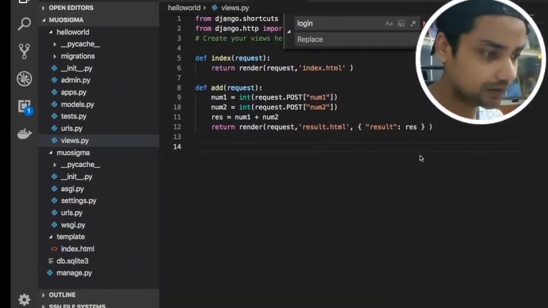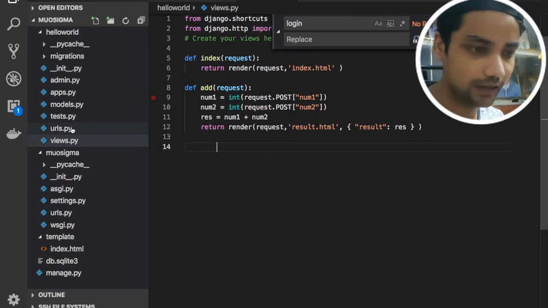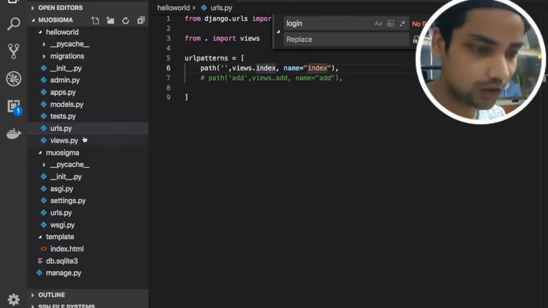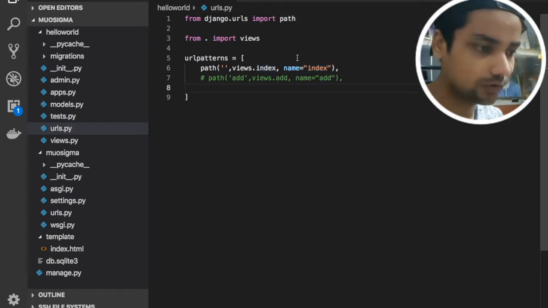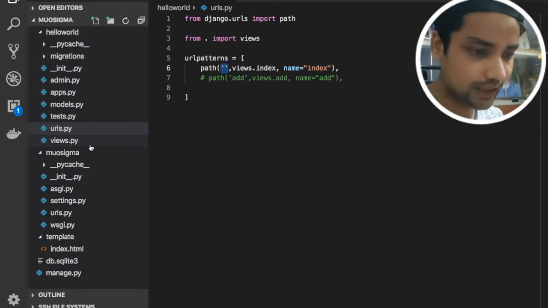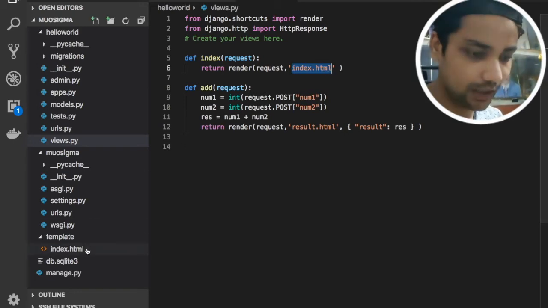Let me go to my code. In our application hello world, we have this index function. It is calling the blank path in views.py, and in this index function we are calling index.html, and we have index.html.